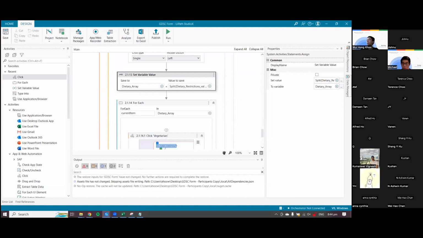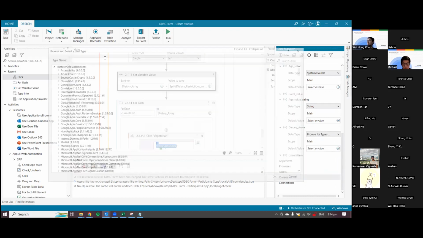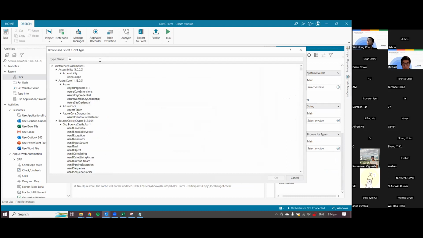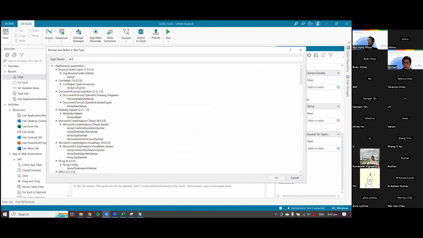And then with regards to the data manager, it will be this thing called system.system with an open close square brackets. If you're unable to find it, you can click array of key and then select string and click OK. If you are still unable to find it, you can click browse for types, type array. Sorry, you can just type system dot